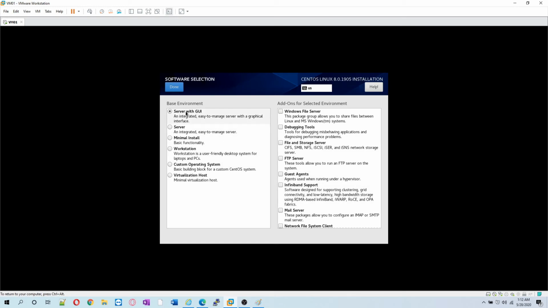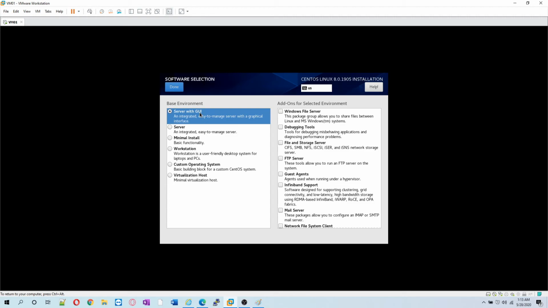If you ask me, I prefer minimal install, but actually I don't keep it minimal. I keep minimal install and then install some group packages for GUI. If you select server with GUI, the only bad thing is it will install 100 or 300 more add-ons with it that you will not even use.